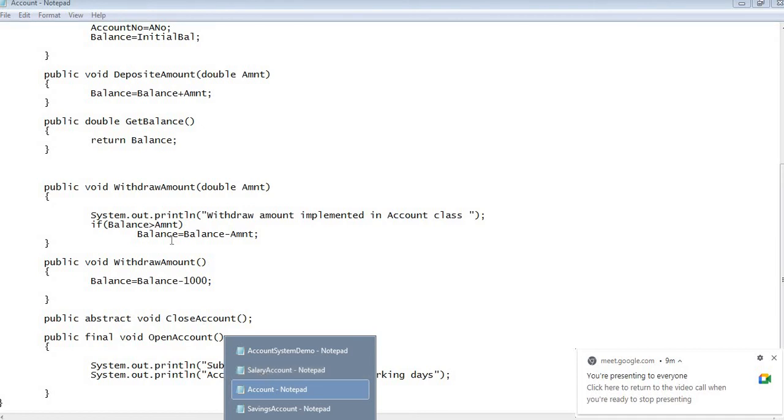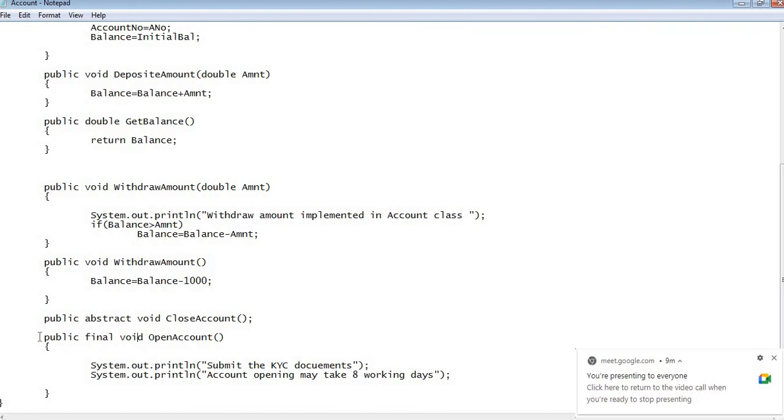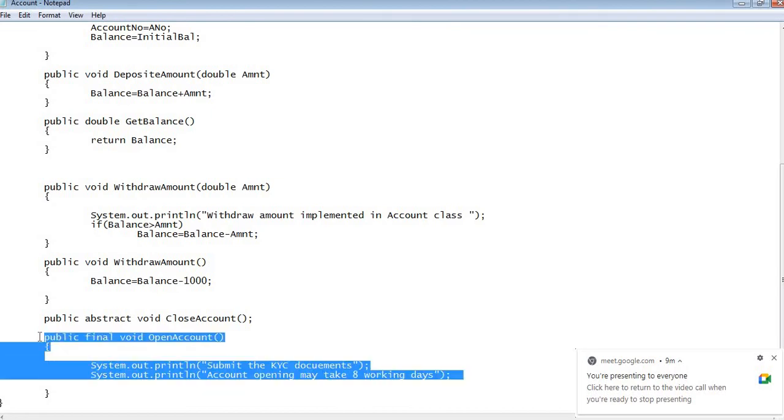Whereas when we override, what happens is we have one parent version available to the child class, but the child class may choose to change its implementation based on its requirement. But here we deliberately do not want this method to be changed through overriding. So we want to stop the overriding of this method. We do not want any child class to change the implementation of this operation through overriding. We want to stop the classes from overriding.